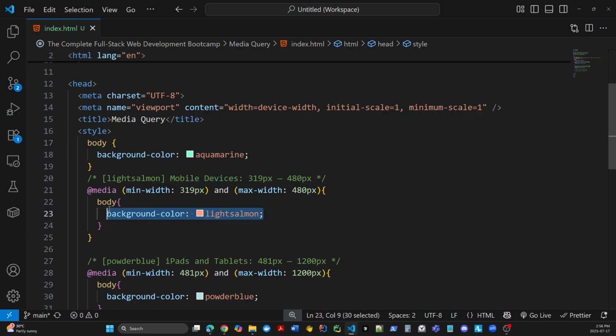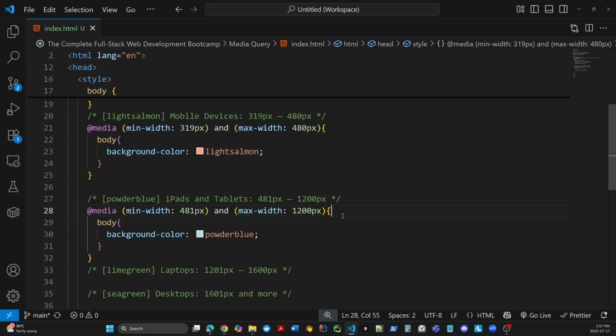So apply this. In here we're actually doing the same thing, however, we're targeting iPads and tablets. So anything between 481 pixels and 1200 pixels is going to have powder blue as a background color for